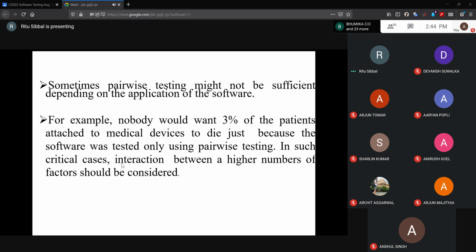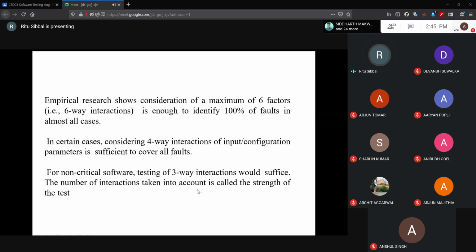So for critical software where human life is concerned or more stakes are there, 6-way interactions of input variables are considered for testing, or 4-way interactions are done. And for non-critical software, 2-way and 3-way interactions are also sufficient. So the number of interactions which are taken into account is called the strength of the test. Okay, that is the definition of strength of the test. That is the number of interactions